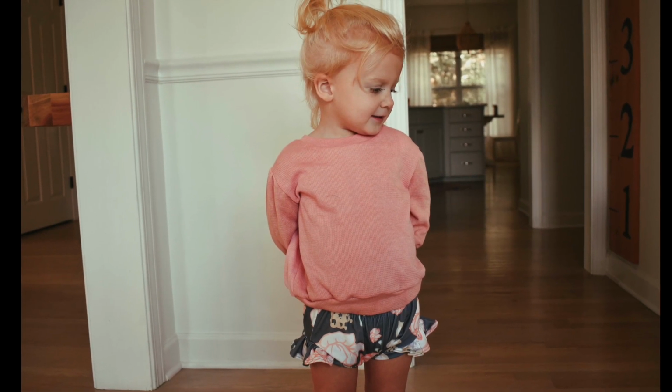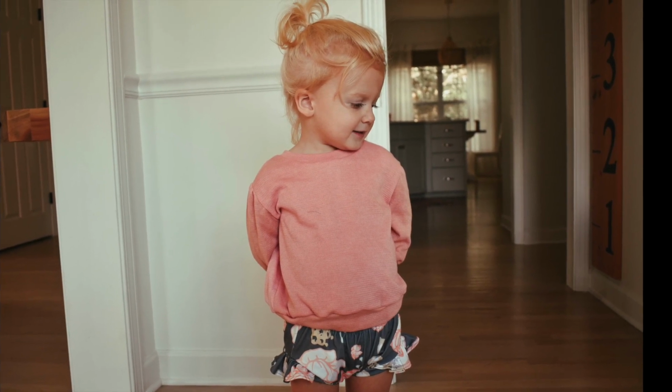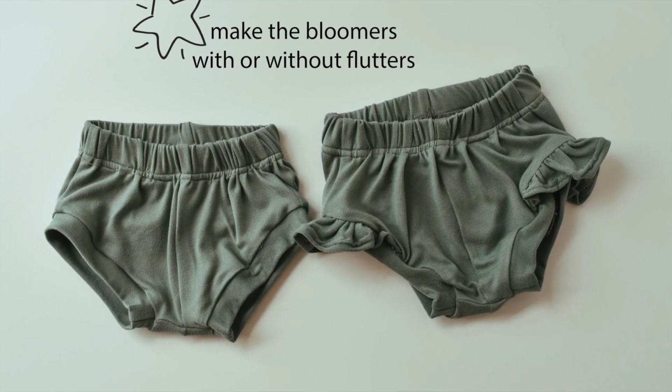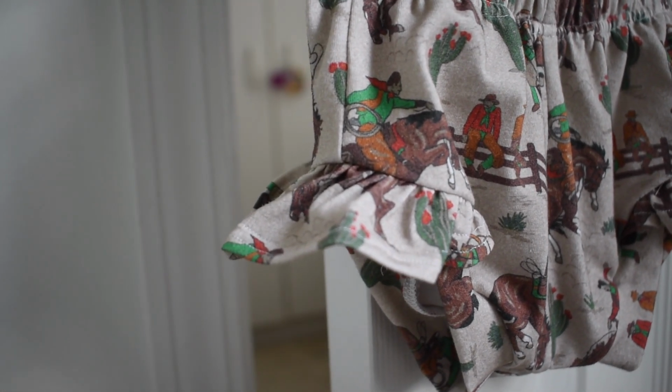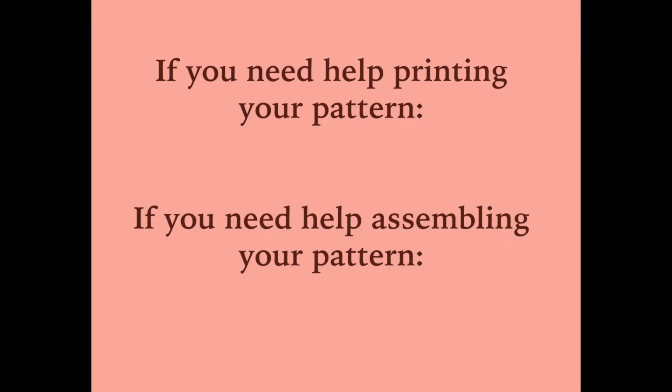Today we're making flutter bloomers. I love this pattern. It looks great with or without the flutters on it. I recommend using a fabric that is more of a cotton knit fabric without spandex because you don't want it